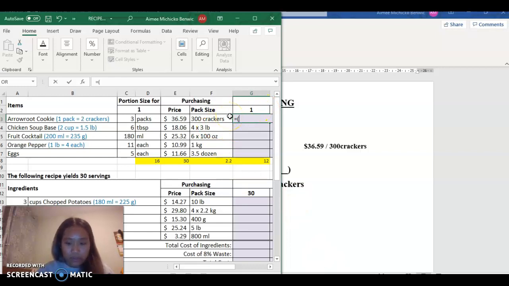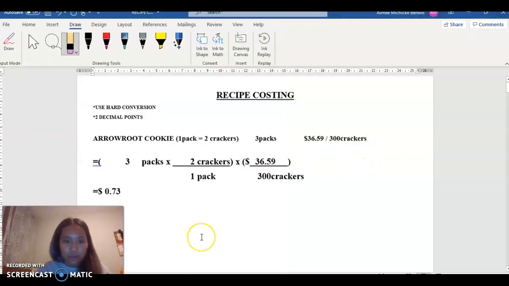So let's pop them in our Excel. Basically, whatever we did in our calculation, we're just popping it into our Excel. Multiply by 2, close bracket. The price is 36.59 divided by 300 crackers, that gives 73 cents, same thing. So for the next